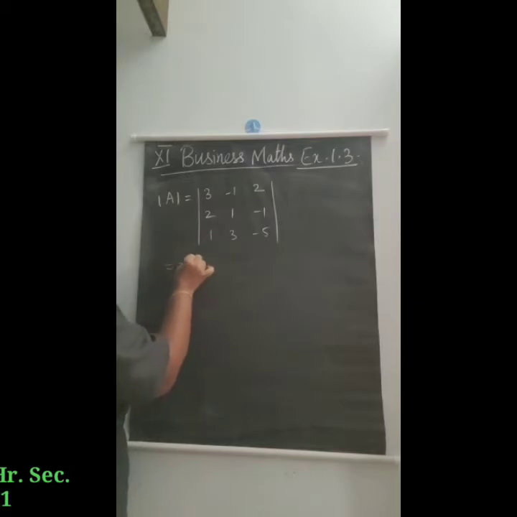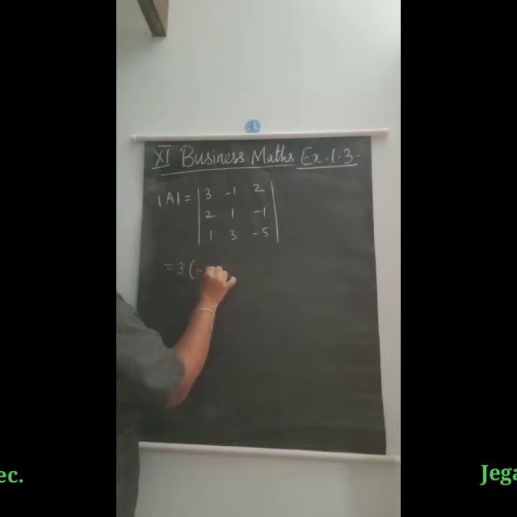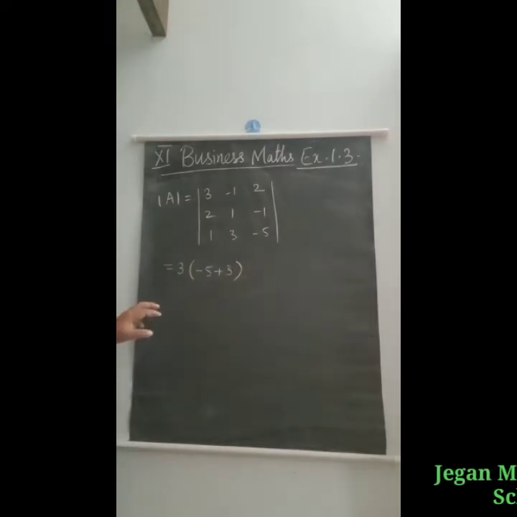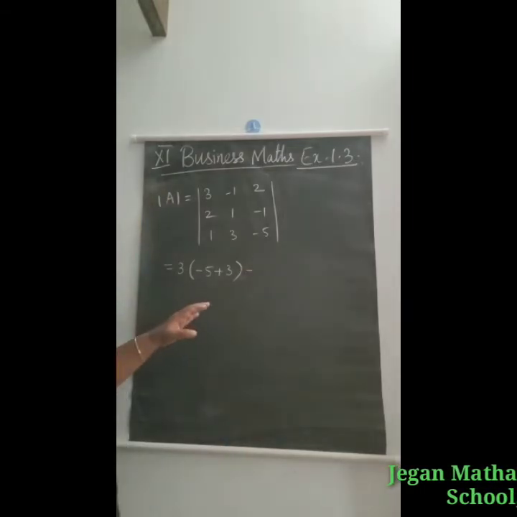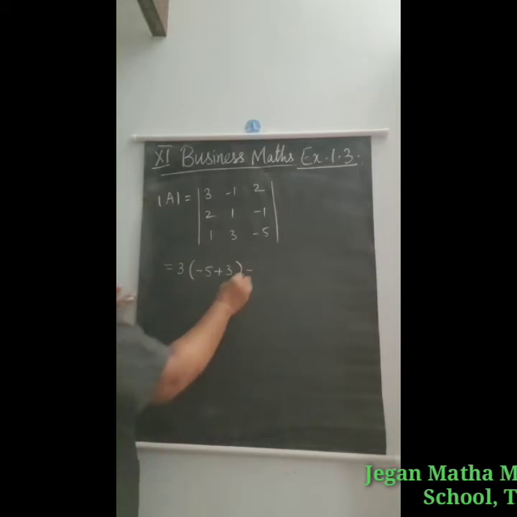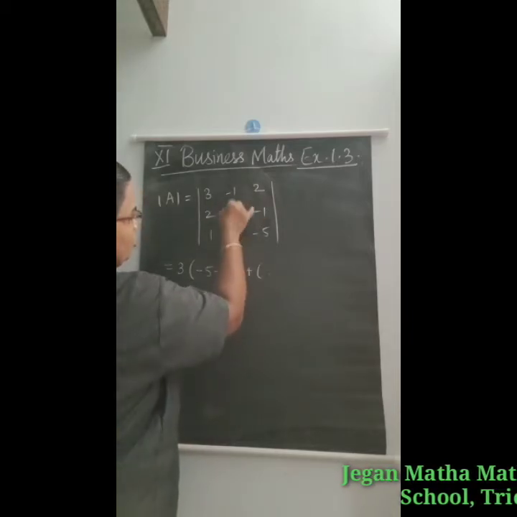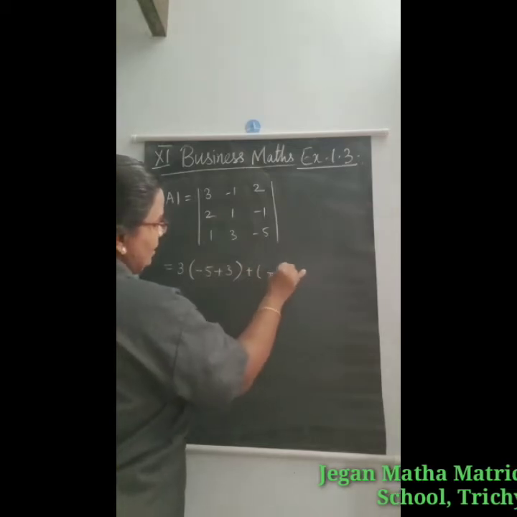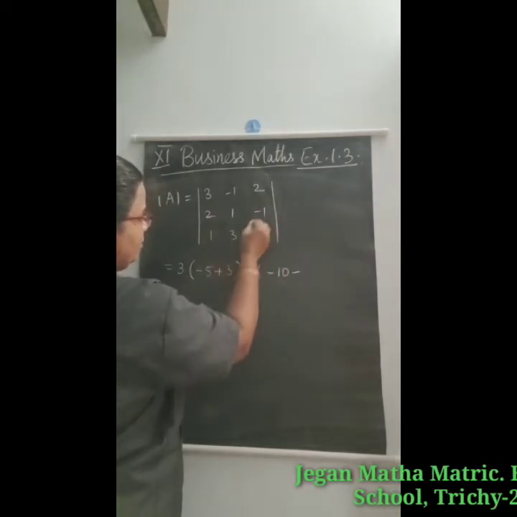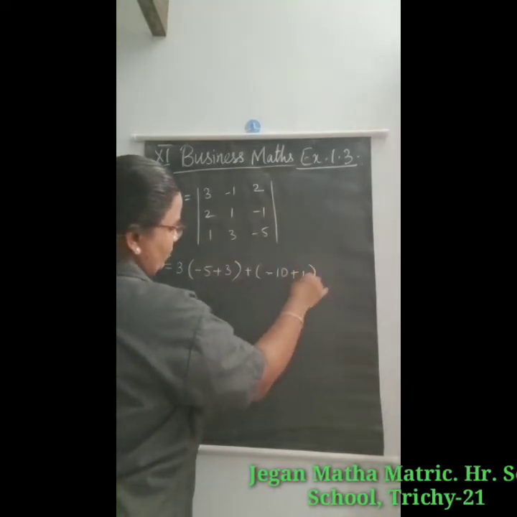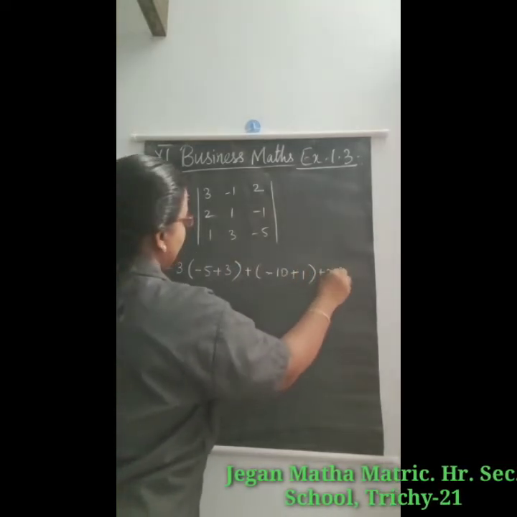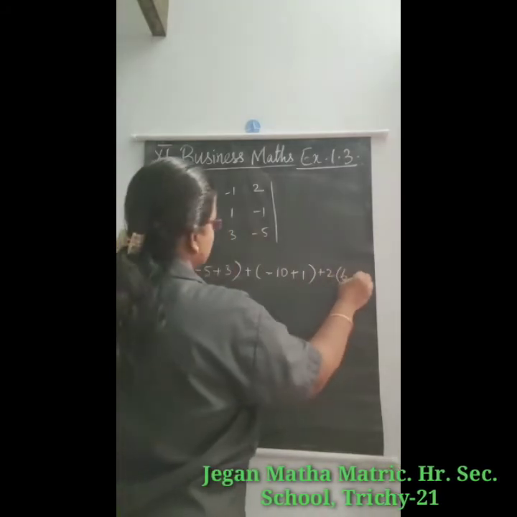So that is equal to 3 into here minus 5 into 1 minus 5, minus of minus plus, so plus 3. 3 into 1 is 3, so plus 3 and minus 1. Already one minus is there, so here you have to take plus 1. So plus 1 into, leave this row and column, we will get minus 10, and minus here, minus 1 means you have to take minus of minus plus 1. And then plus 2 into 3 2s are 6, 6 minus 1.